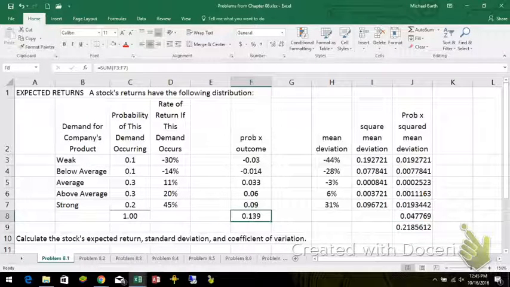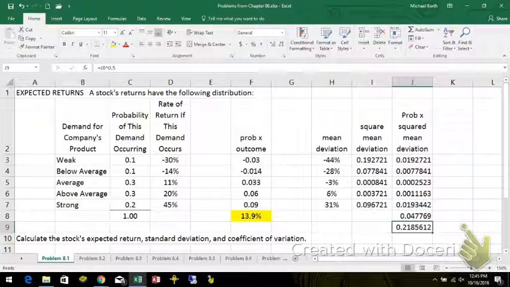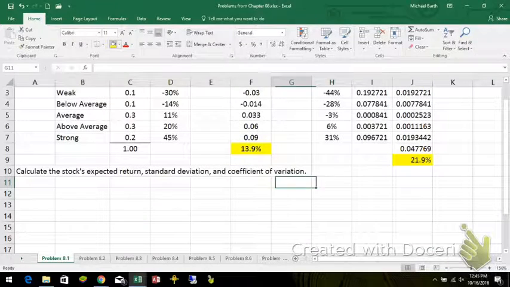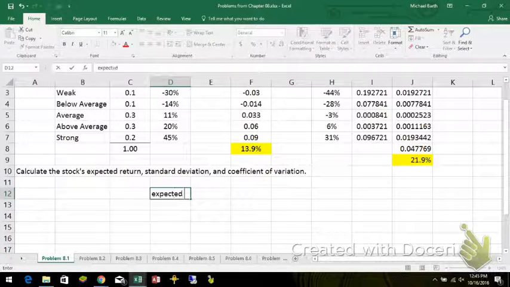So there's your mean. The mean expected return is 13.9%. The standard deviation is 21.9%. Okay? So mean and standard deviation, or expected return, or mean return,